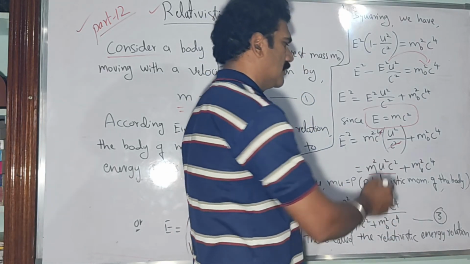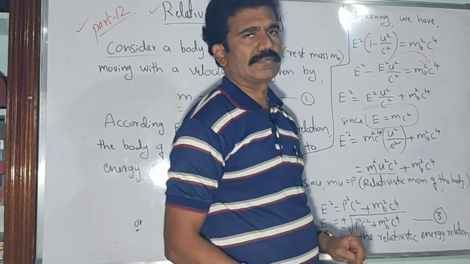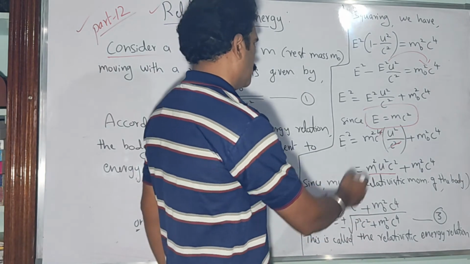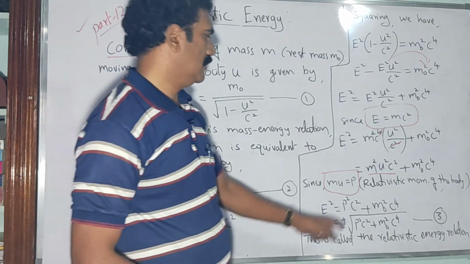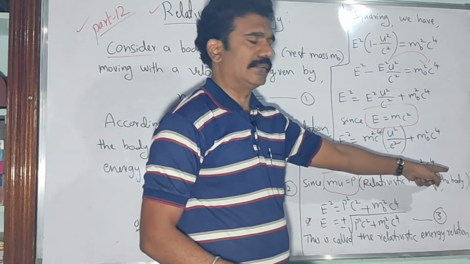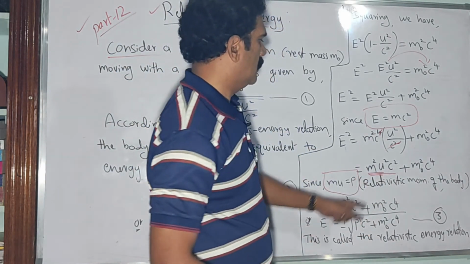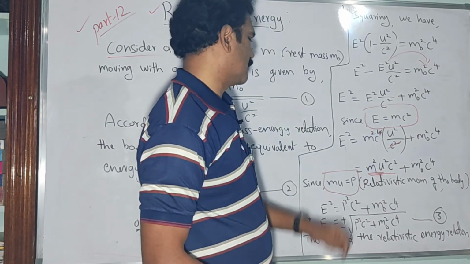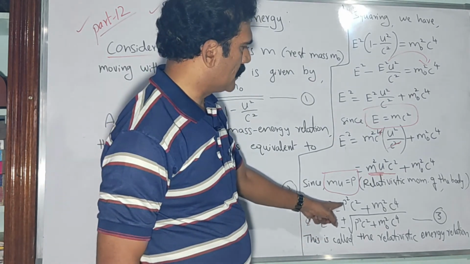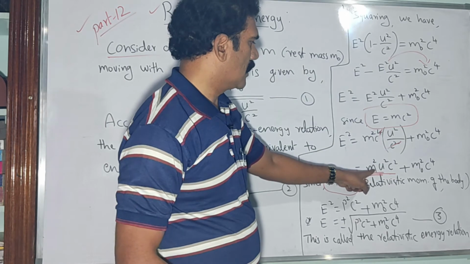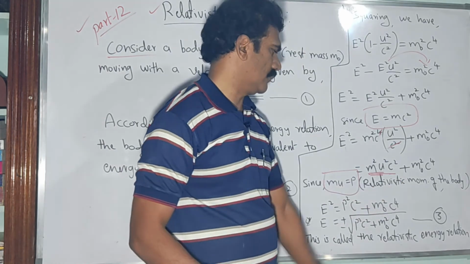Three terms are there here, all are squared. So m square u square c square plus this m naught square c to the power of 4 as it is. Clear? Now in the above equation I will consider again the momentum equation, that is mu is equal to p, mass into velocity is equal to p, the relativistic momentum of the body, right? Where is that m into u in the above equation? Look at it, m square u square is there, no? So we can write it as just p square now. Therefore, in terms of relativistic momentum, the energy E square is equal to p square into c square plus m naught square into c to the power of 4.